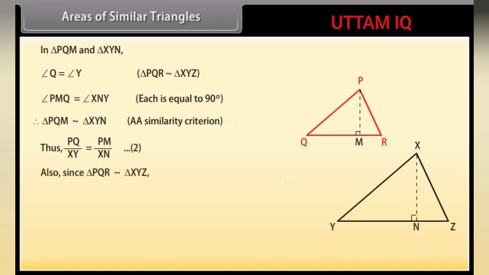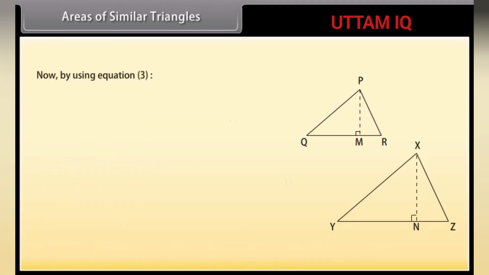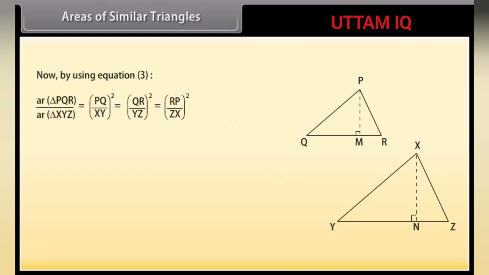Also, since triangle PQR is similar to triangle XYZ, PQ upon XY equals QR upon YZ, which is equal to RP upon ZX. Mark it as 3. From equation first, area of triangle PQR upon area of triangle XYZ equals PQ upon XY whole square by using equation 2 and 3. Now by using equation 3 we get area of triangle PQR upon area of triangle XYZ